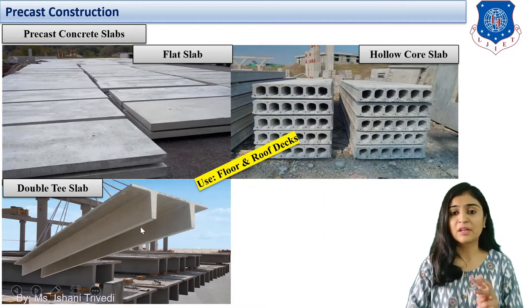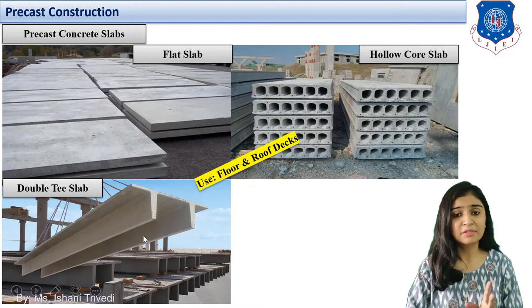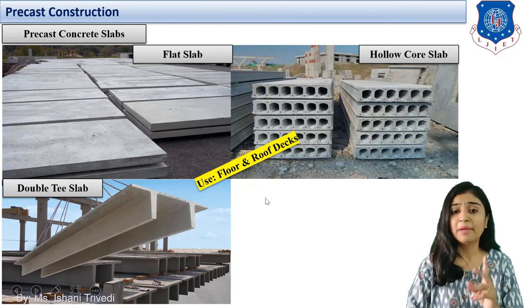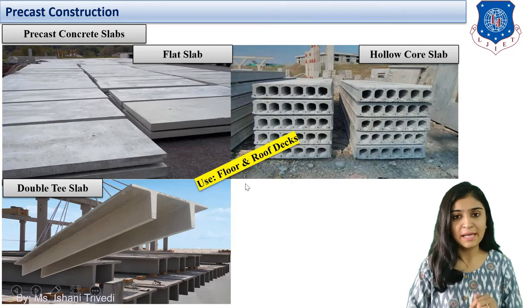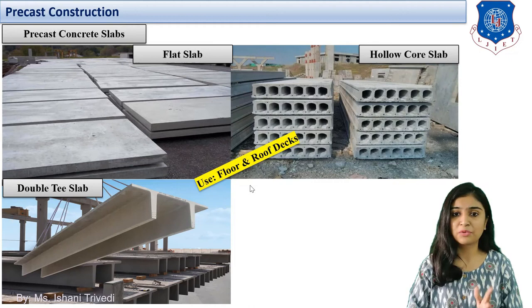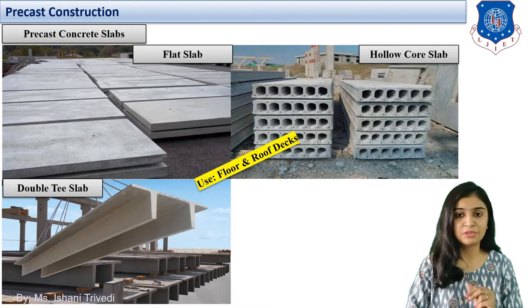So over here the third type which we have is a double T slab, or you can also have a single T slab. The main use, the conclusion which comes at the last, is that it is used in floor and roof decks, right? So roof is also one kind of a slab, although certain courses, weathering courses, will have to be provided for the roof. It will be different than the regular floors, but these are the main uses of the precast concrete slab.